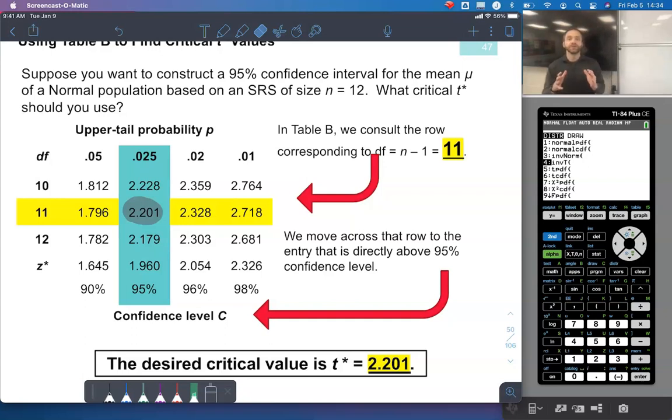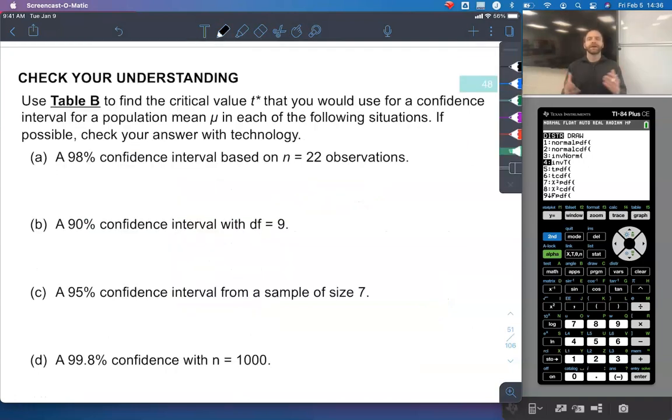That's how you use your table B: you go to your degrees of freedom, you find the confidence level you want, and you see where they intersect. So that's table B in a very, very simple way. And we're going to try a couple of them, and it will slowly get harder as we do the next few examples. So now we're on your slide 12, and we're going to be using table B to find the